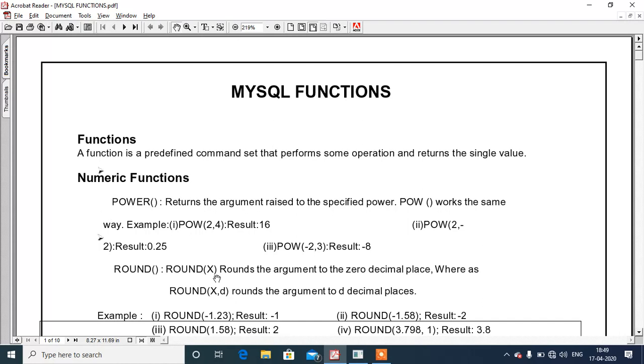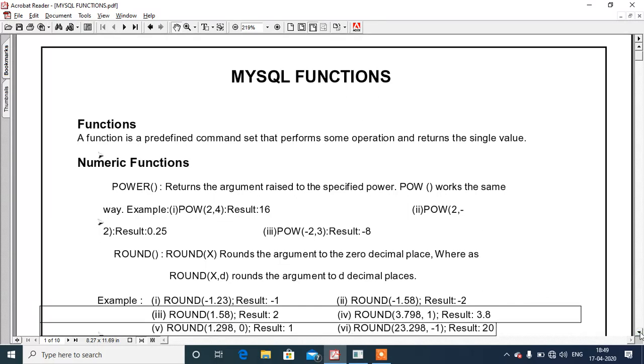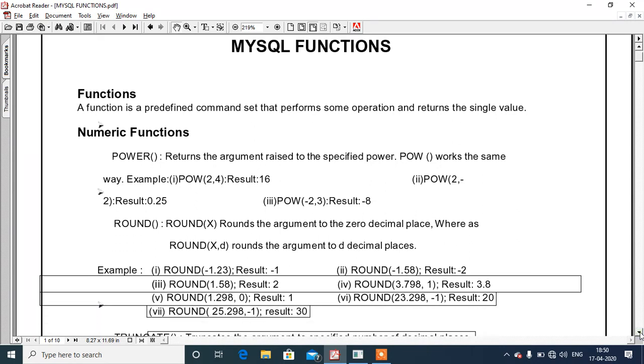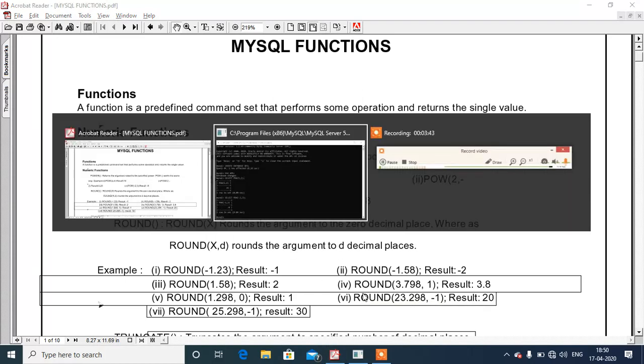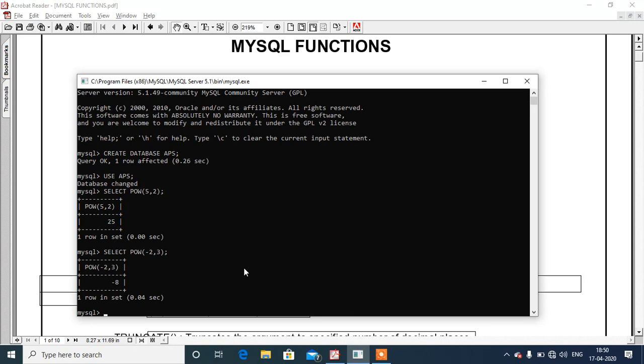Next function is the round function. Round function takes either one argument or two arguments, and it rounds the argument to 0 decimal places if we pass one argument, and if we give how many values we need to round, it will round to that number of decimal places. You can see the examples given here. I am giving the example here also.